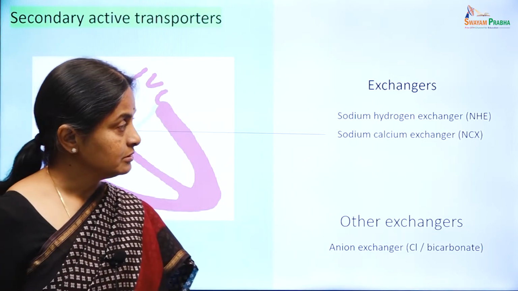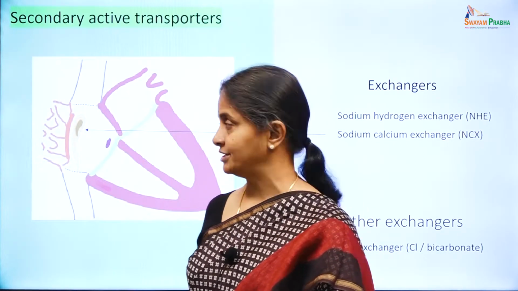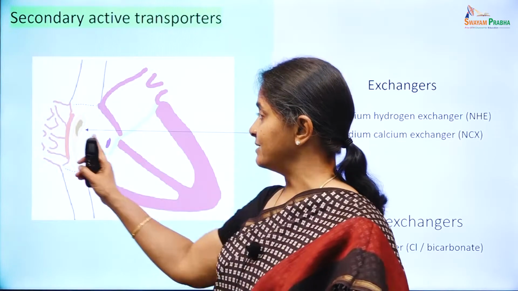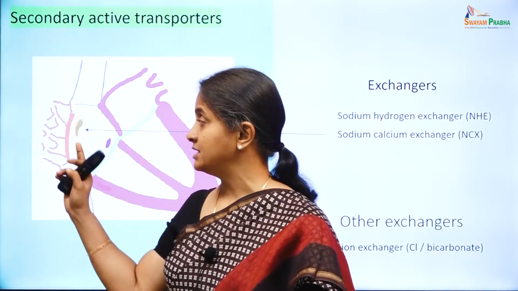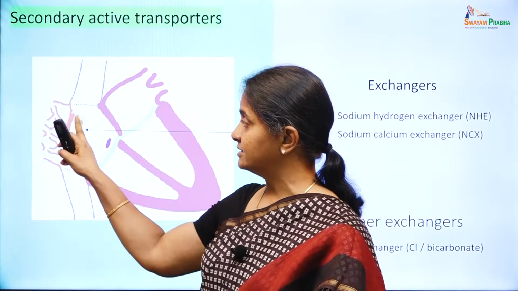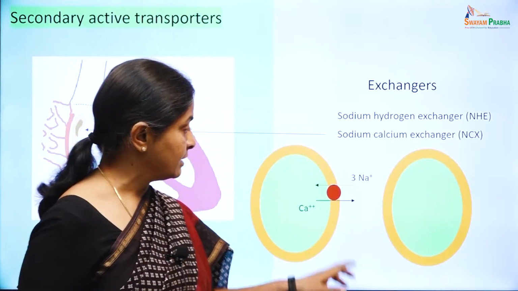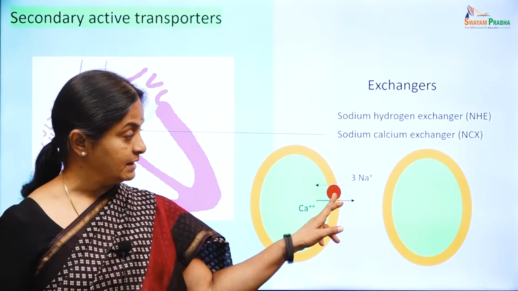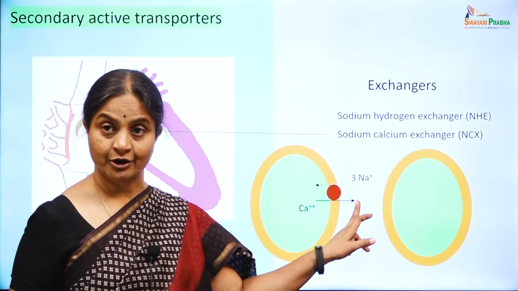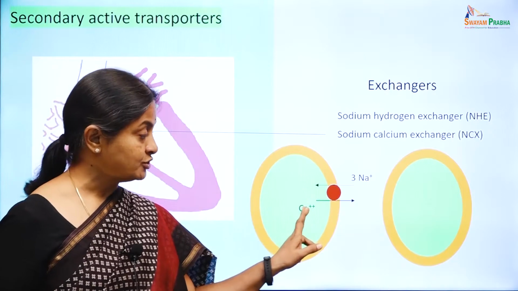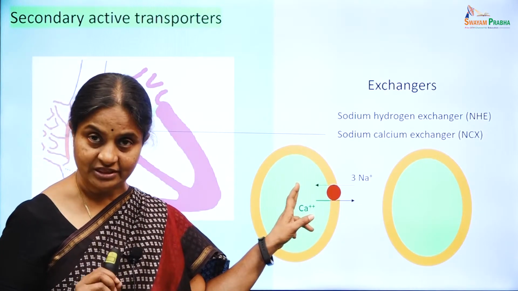The next exchanger that we should know about is the sodium calcium exchanger, and it is best learned in the context of cardiovascular physiology. The best known function of the sodium calcium exchanger is in the pacemaker cell. This is the heart and this is the sinoatrial node. The sinoatrial node expresses the sodium calcium exchanger. This exchanger on the pacemaker cell exchanges sodium for calcium, 3 sodium ions for 1 calcium ion, that is 3 cations going in for just 2 positive charges coming out. This amounts to an inward current being generated with this protein,